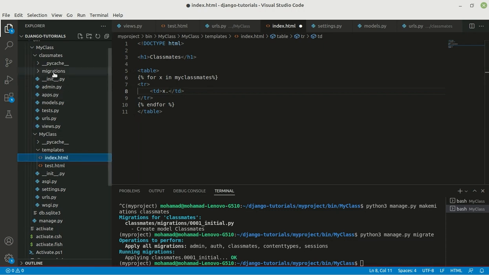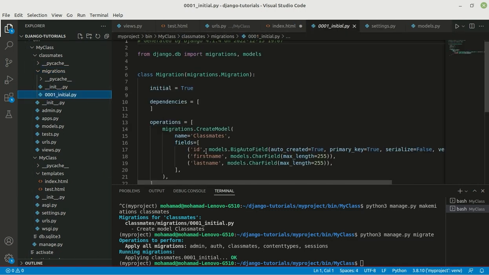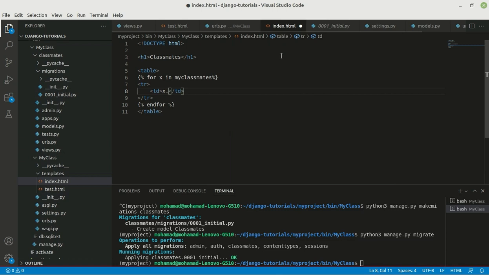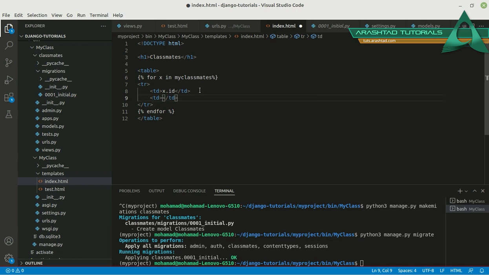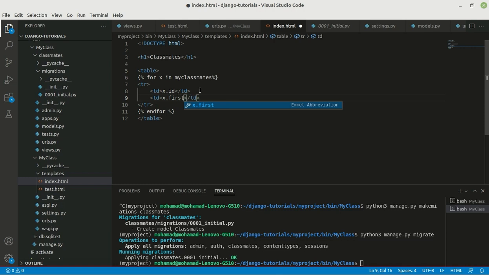If I get into migrations, in this folder you'll see that we have ID, first name and last name. So we're going to use each one of these from our database, and we're going to add these to our template right over here. So we had the index.html. So we have x.id for here. Then another td tag, and I want to write x.firstname for another cell of my table,